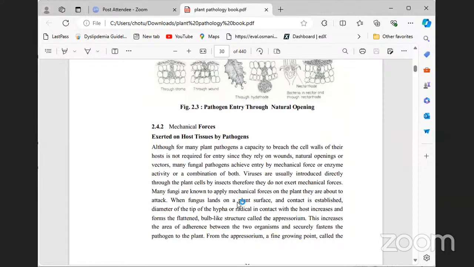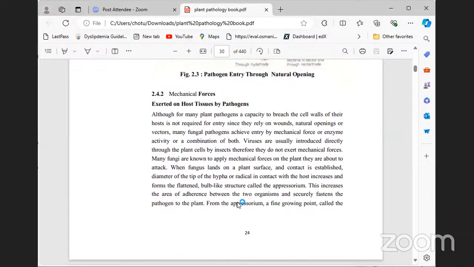Coming to the mechanical force: what is the mechanical force exerted on host tissue by the pathogens? Although for many plant pathogens the capacity to breach the cell wall of their host is not required for entry, since they rely on wounds, natural openings, or vectors,